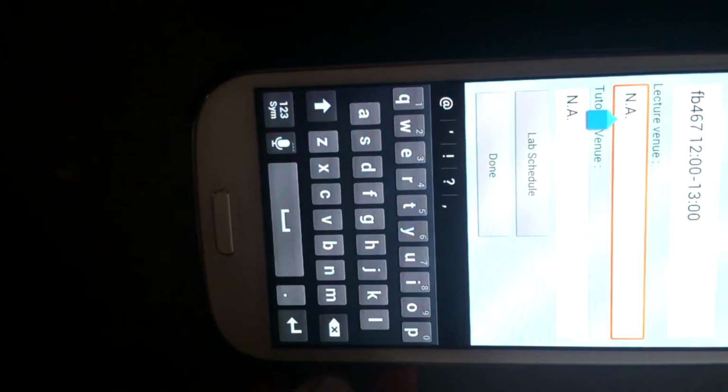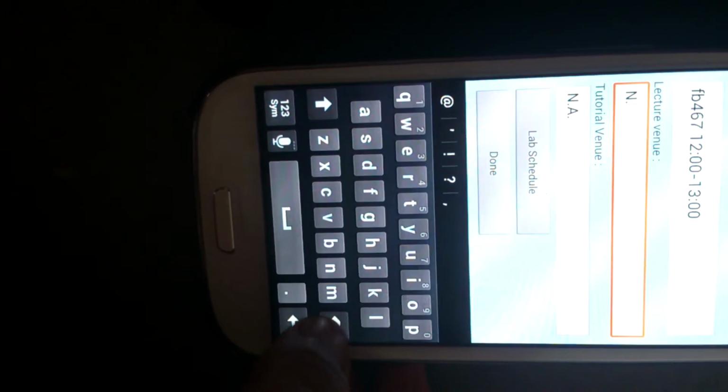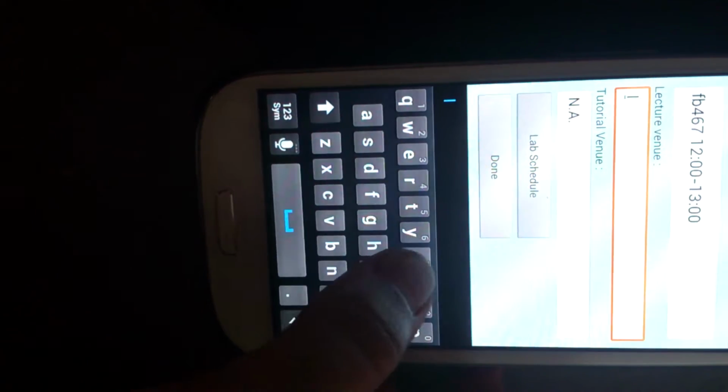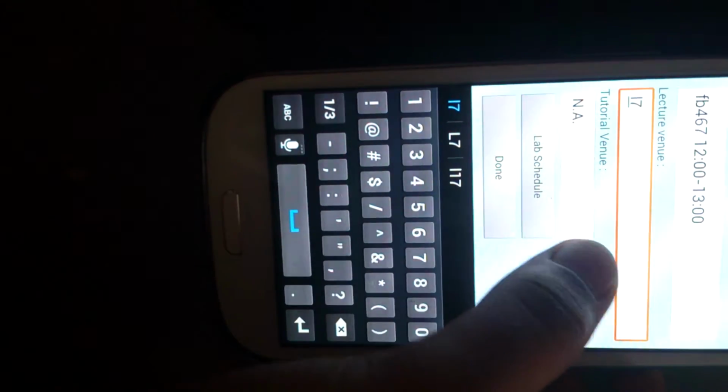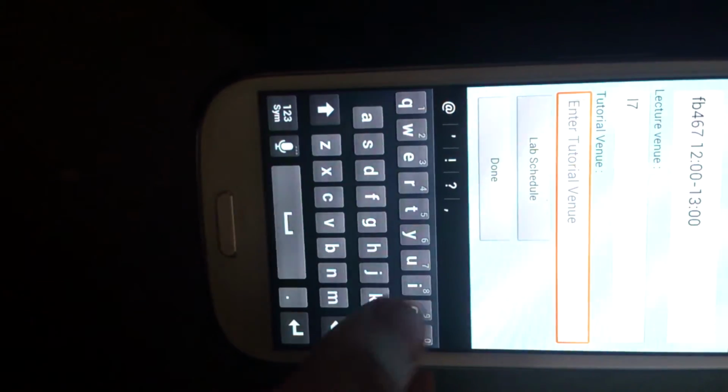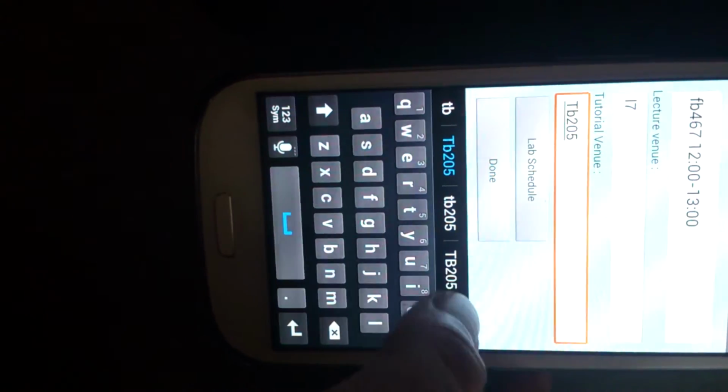Since the lecture venue is not available at the OARS site, we have to enter it manually now. It's, let's say, L7. And tutorial venue is TB205 again.